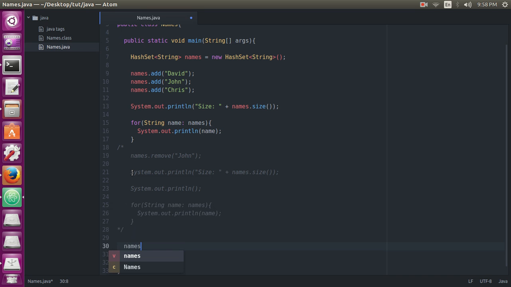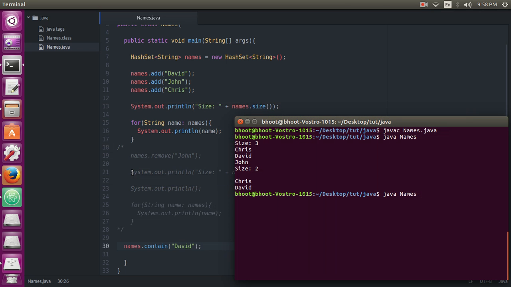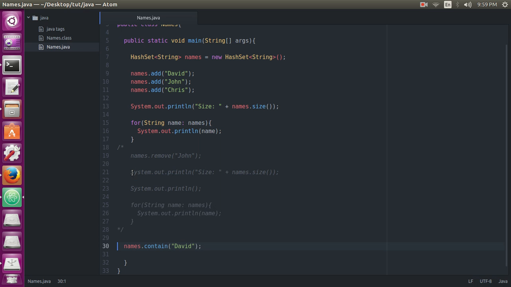Names dot contains David, and if David exists, then it will return true, and if it doesn't exist, then it will return false. I just need to type the println statement.